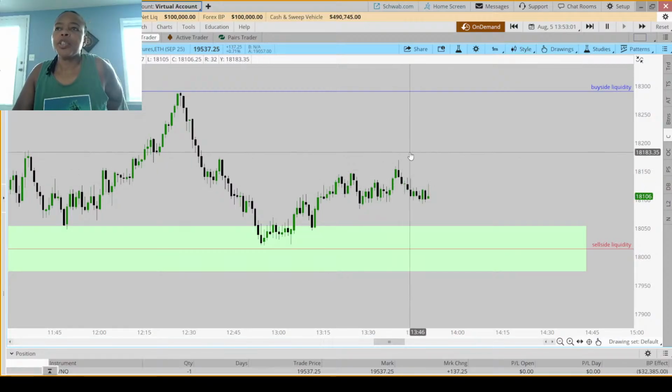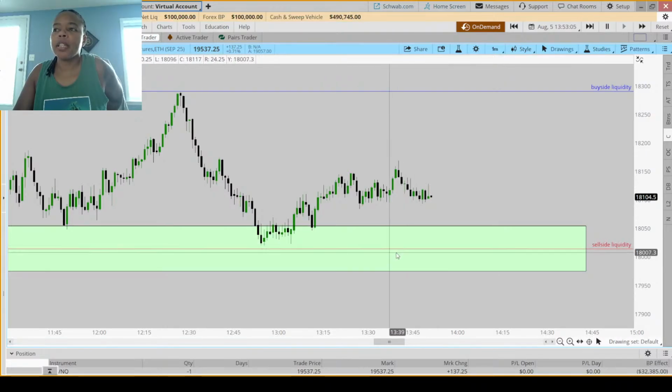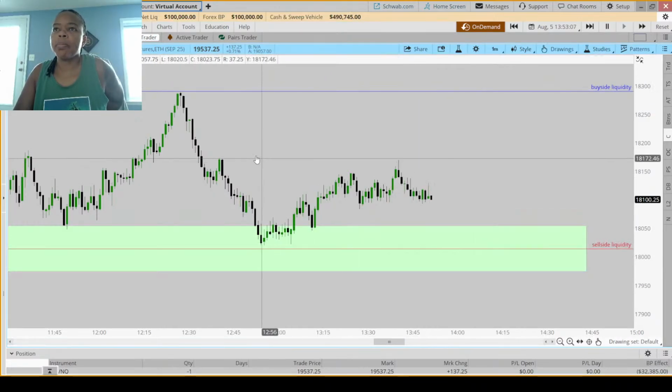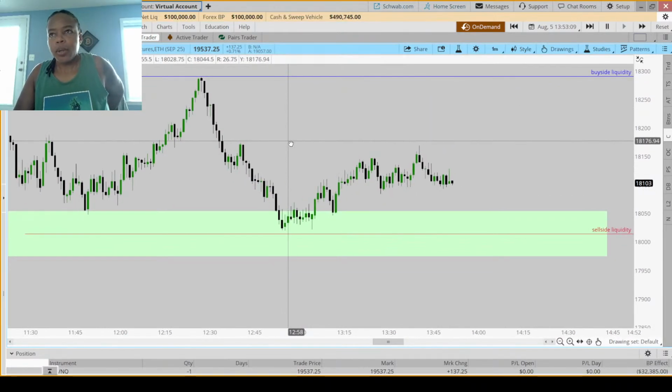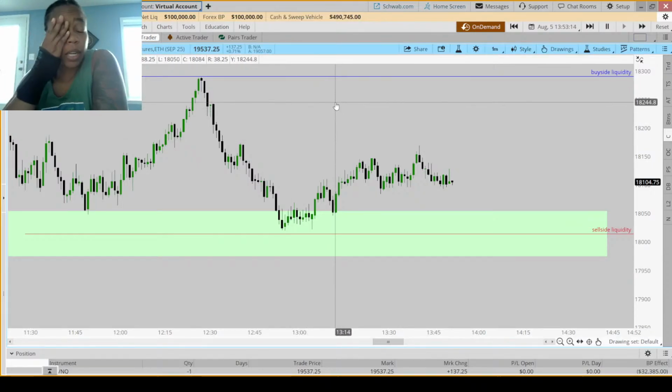Internal liquidity, I'd be interested in reaching for if they take this low out and roll up, if they want to continue higher. But those are the lines in the sand that I'm drawing. It must take the high, give me a shift, then I'll try and enter, or it must take the low, the sell side liquidity, give me a shift and enter.